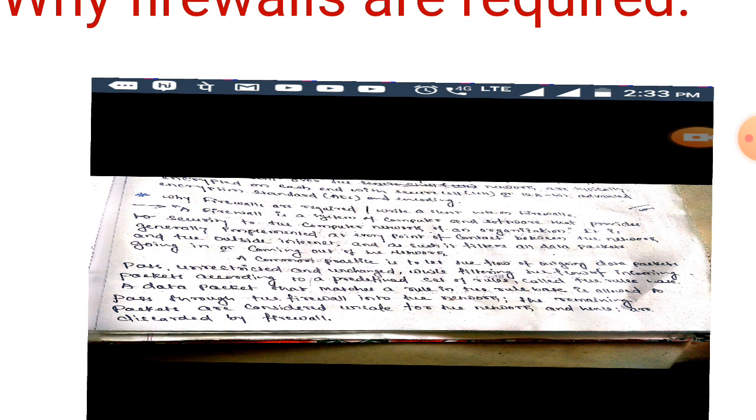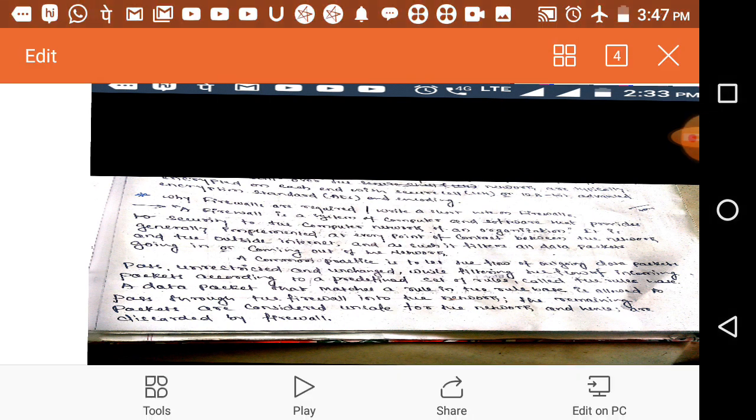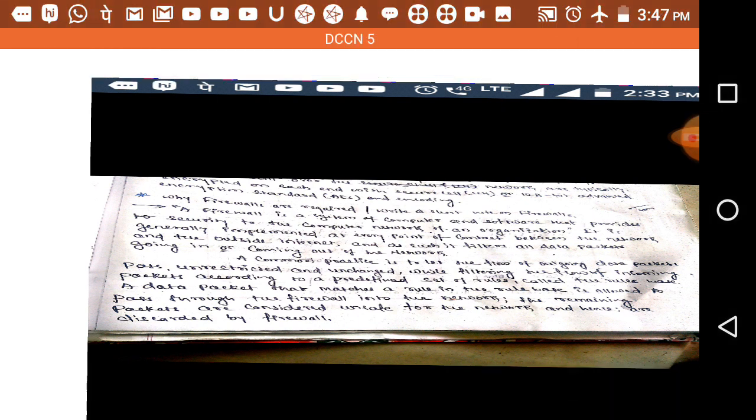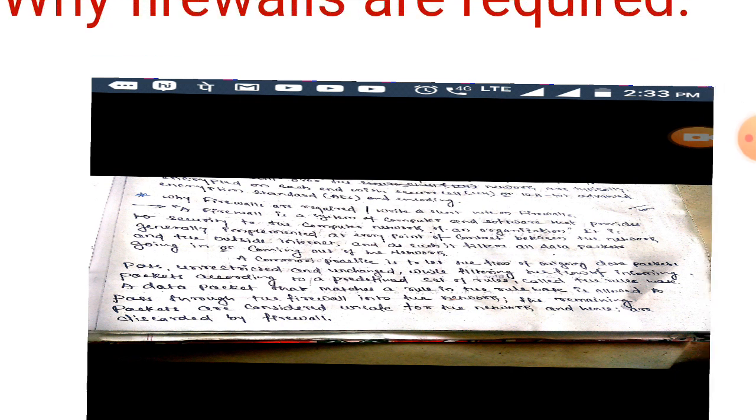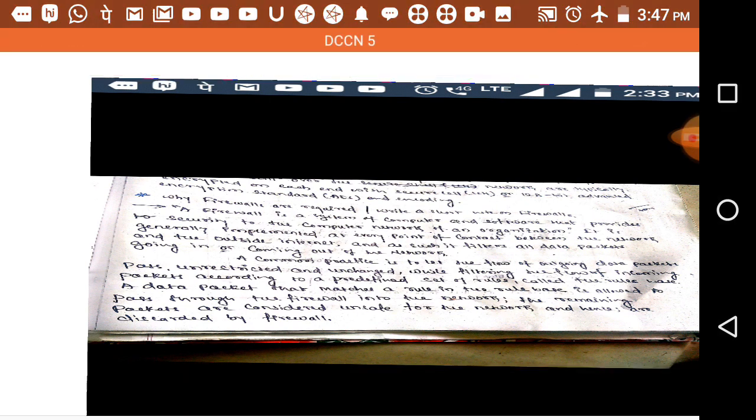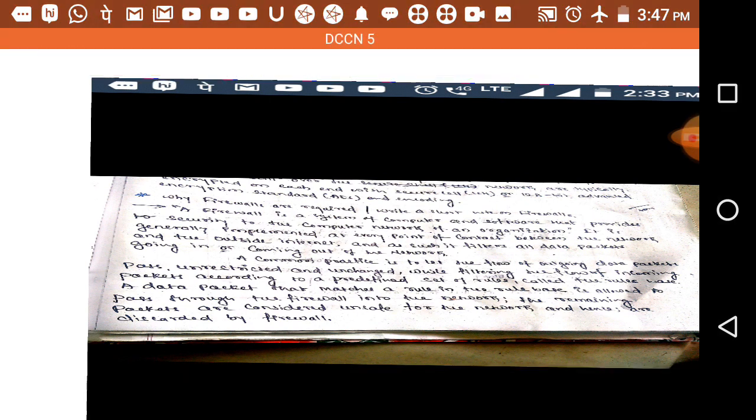A common practice is to let the flow of outgoing data packets pass unrestricted and unchanged, while filtering the flow of incoming packets according to a predefined set of rules called the rules base.